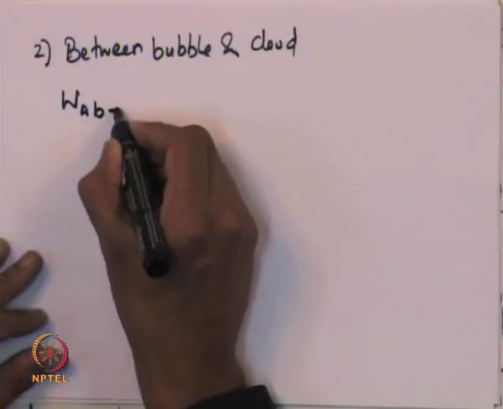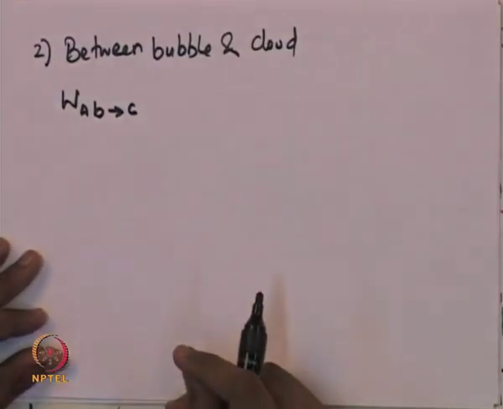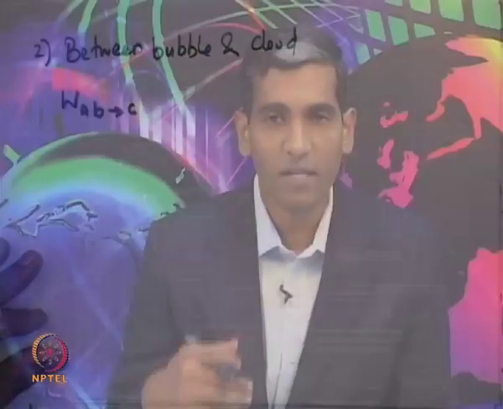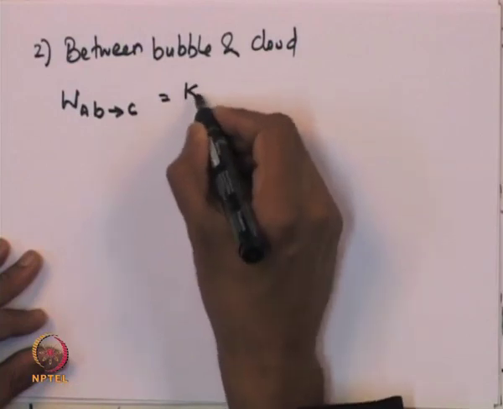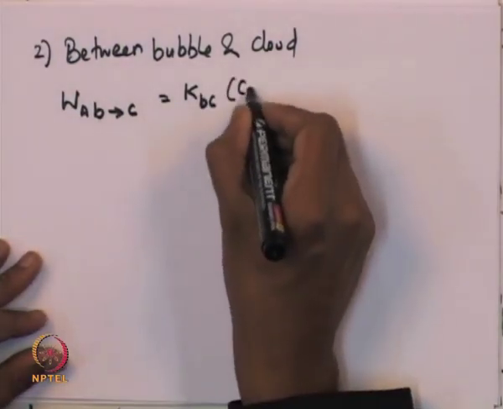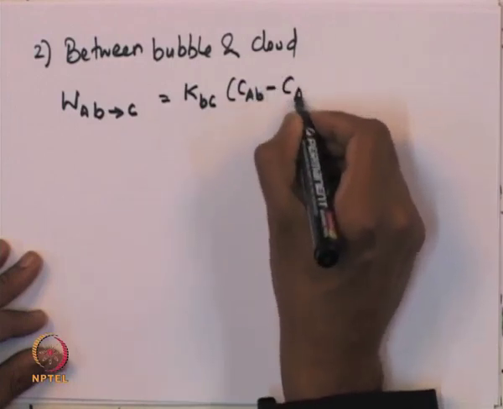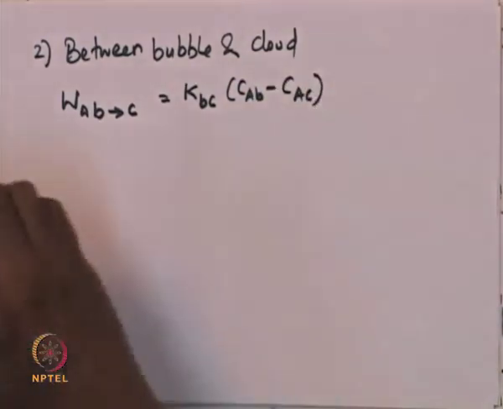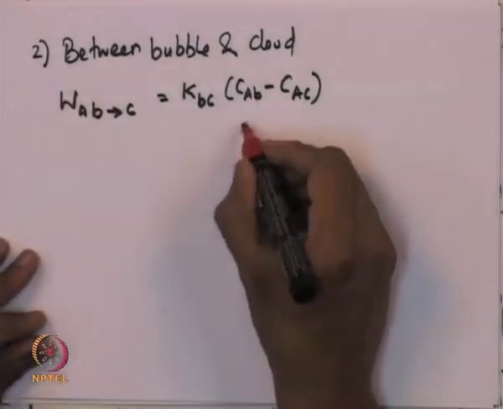Suppose A is the reactant, the flux at which the species A is being transported from the bubble to the cloud is given by the mass transport coefficient KBC multiplied by CAB minus CAC, where CAB is the concentration